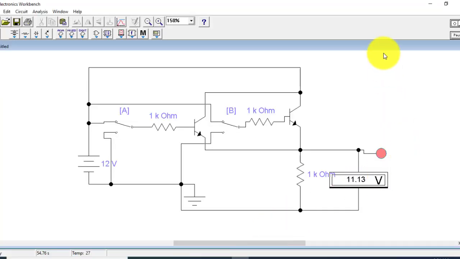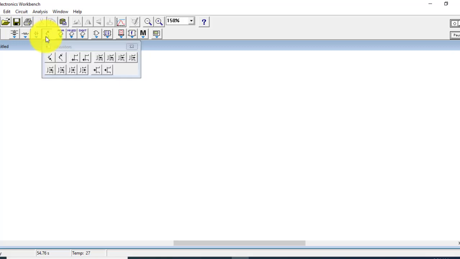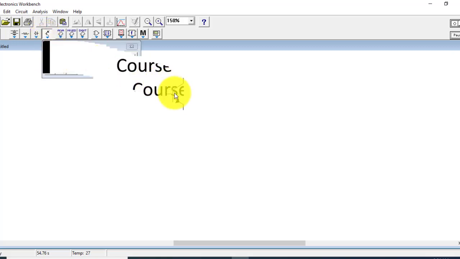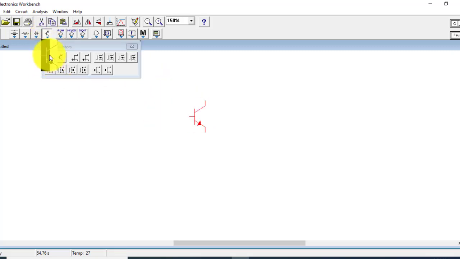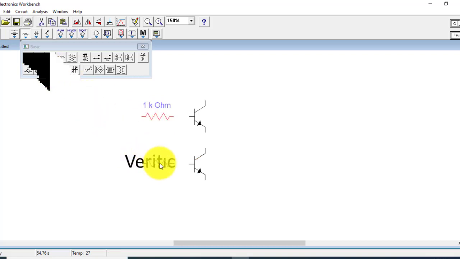So we are here in the electronic workbench. I'm going to remove this circuit, and after removing this circuit, what I need is 2 transistors. Then I have to connect 2 base resistances, and we need 2 switches.